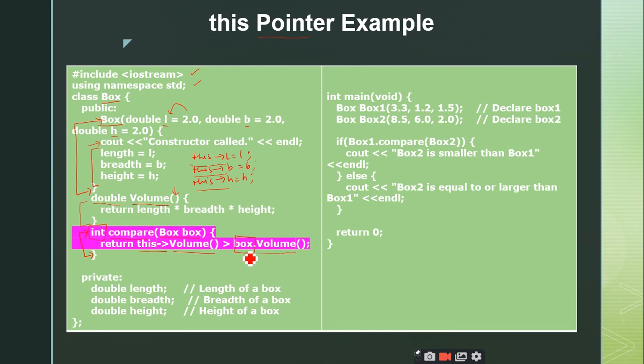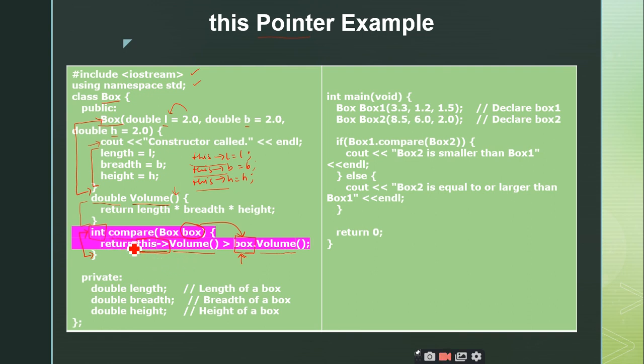No, it's not class. The box which I have kept in a rectangle is an object, and this is the parameter I am accepting from the user. And what is this pointer doing here? It is invoking the volume function of the current object.